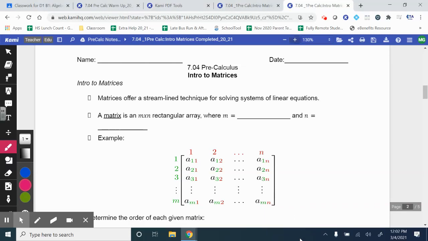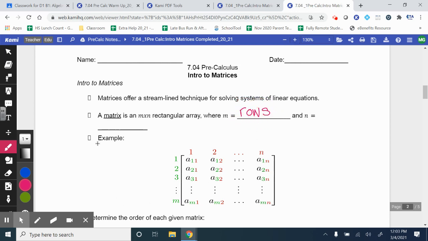All right, we're on 7.04 today for pre-calc, and we're going to start talking about matrices. So matrices offer a streamlined technique for solving a system of linear equations. So it's just kind of a different way that we can solve a system, especially when you have more than two variables. A matrix is an m by n rectangular array where m is the number of rows